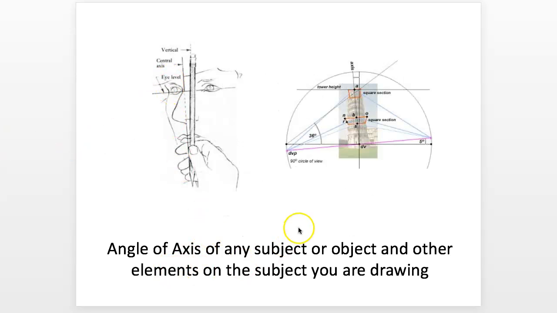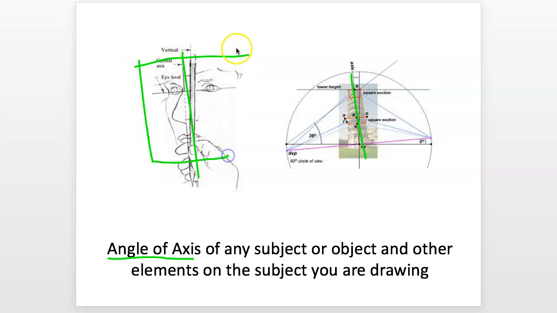This is really important. I think you got it from last week, but I just want to make sure you understand what I mean by this here. Angle of axis. What do I mean by that? The axis line could be like the center line down the building, and the angle of it, like a face or an eye or anything. If you get it accurate, it'll help you put those boxes in the right spots. Right? If you try to draw